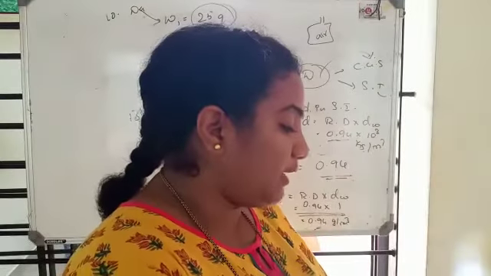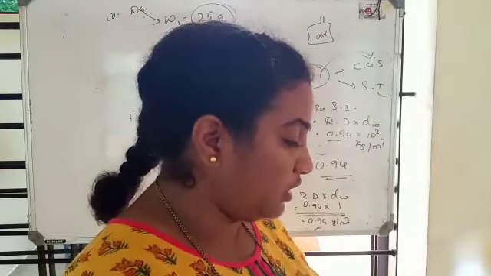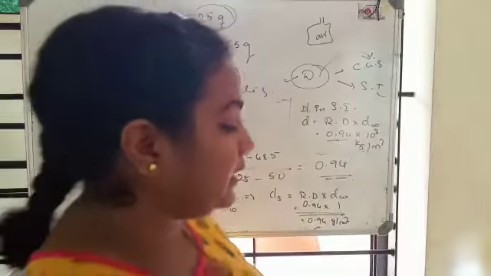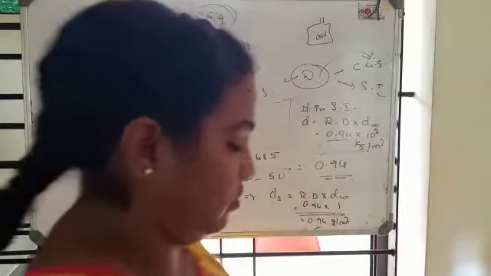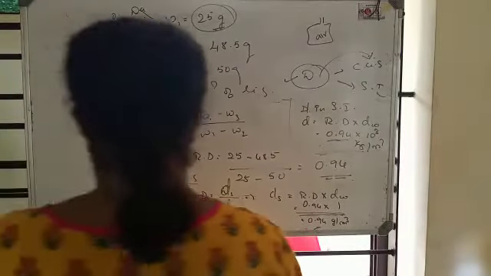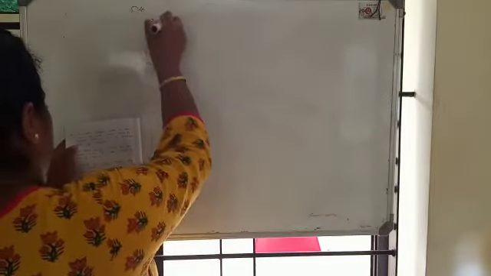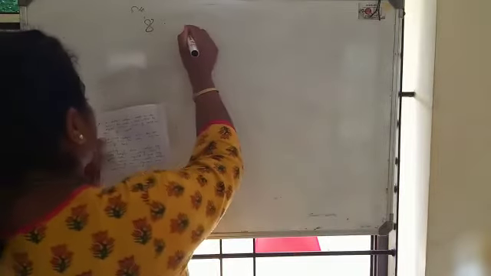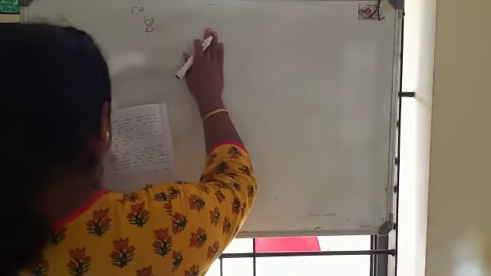class assignment, but I would like to do one more here, that we have left one part in the 8th sum. Let me do that again. The 8th sum. So I will do that 8th sum part. We have calculated the relative density.